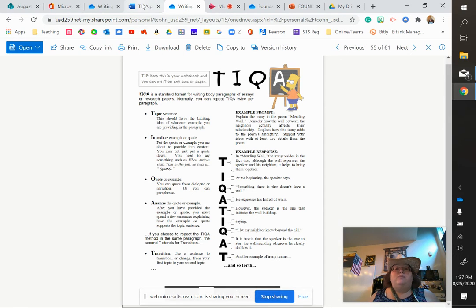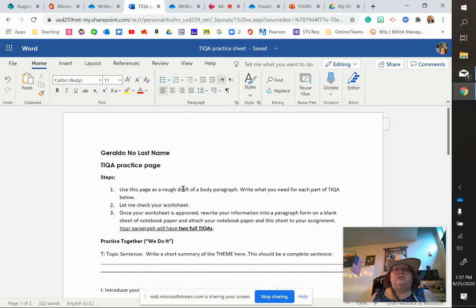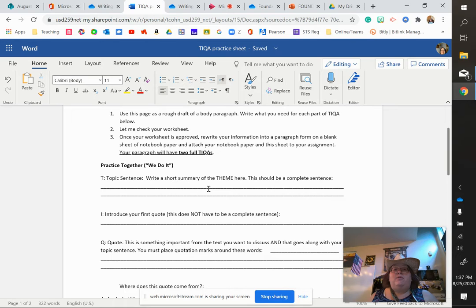So let's go in and practice a little bit. We're going to use Geraldo, no last name. We're going to look at theme. So let's say that we're supposed to be writing about the theme of Geraldo, no last name. Okay, so the topic sentence, obviously,